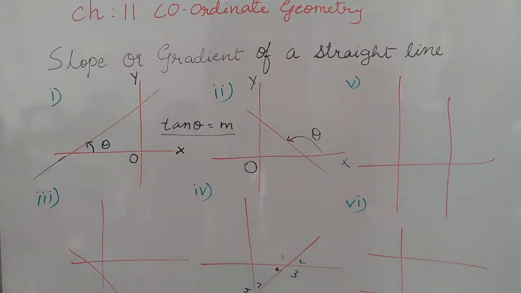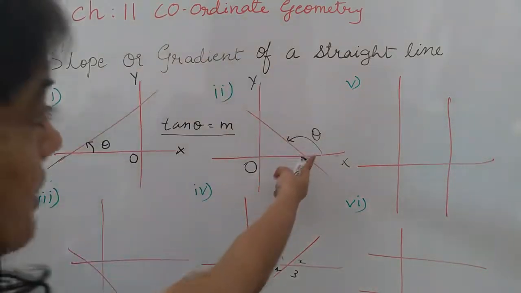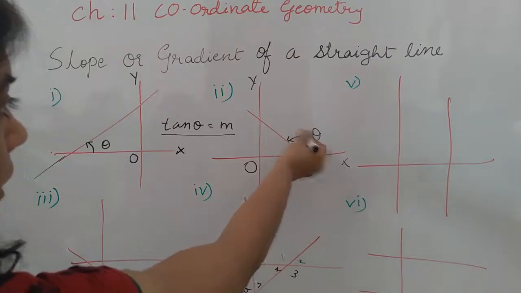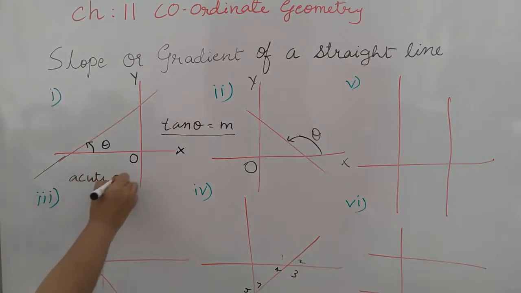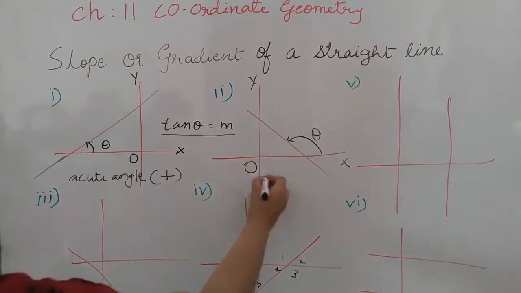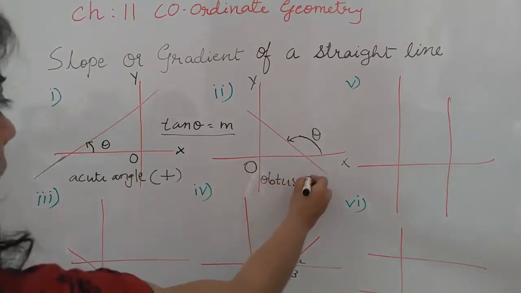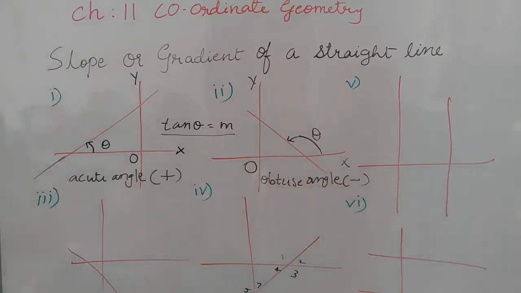So now we have learned two cases. This is an acute angle. Here it makes an obtuse angle, that is more than 90 degrees. By the angle only you can understand it is more than 90 degrees. One more thing you have to remember: whenever it is an acute angle, the slope is always positive, and whenever it is an obtuse angle, the slope is always negative. I will explain with one example how it becomes negative, that is also very interesting. Now we take the third case.